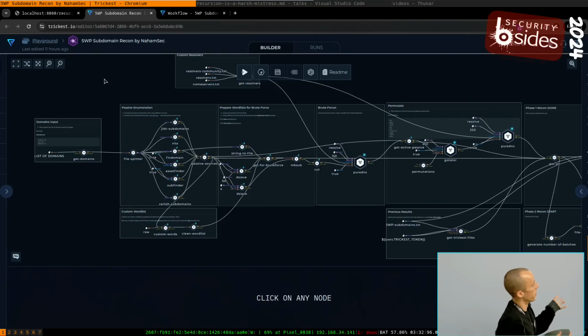It's mainly for security professionals. The bug bounty community uses it a lot. So what we're looking at right here is a Trickest workflow for subdomain enumeration. So if we zoom in here,